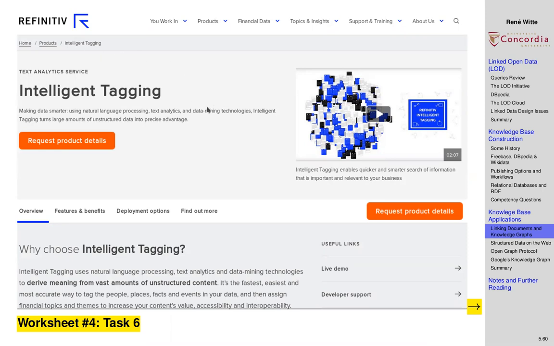Originally, this wasn't called Refinitiv. This was known as OpenCalais and was published by Thomson Reuters, the big international news agency. Just a bit more than a year ago, this was spun out into its own company and relabeled as Refinitiv Intelligent Tagging. So have a look at this quick commercial. If you go to the Refinitiv tagging page, you can look at this quick overview web page, just 2 minutes, and then try out task number 6 on the worksheet on trying out the online demo,